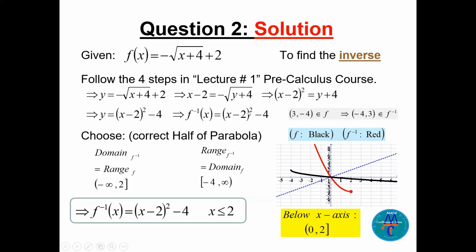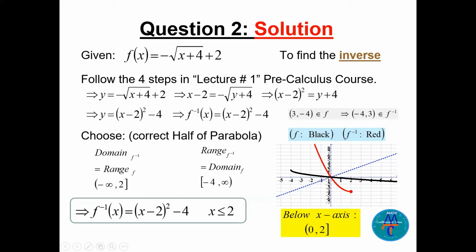Why? Because this function, which is the inverse, is a complete parabola. Now just compare this with the last line here. The same function, x minus 2 squared minus 4, x less than or equal to 2. You have to mention the condition to make this function 1-to-1, which is also half a parabola. From where do we get this condition, x less than or equal to 2? That will be the domain of the inverse,